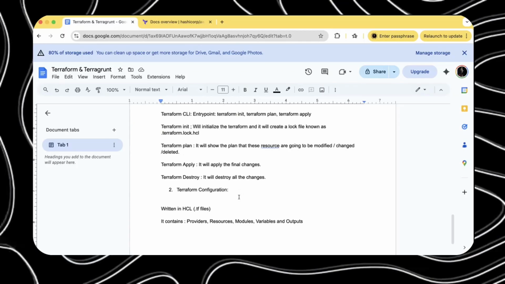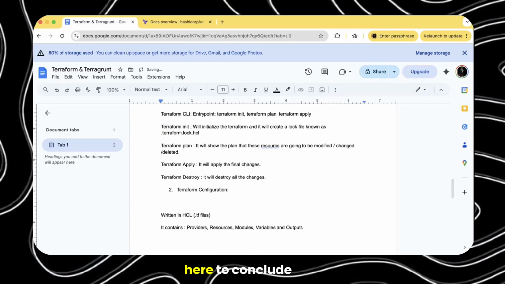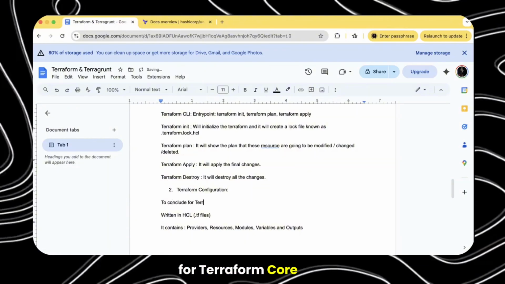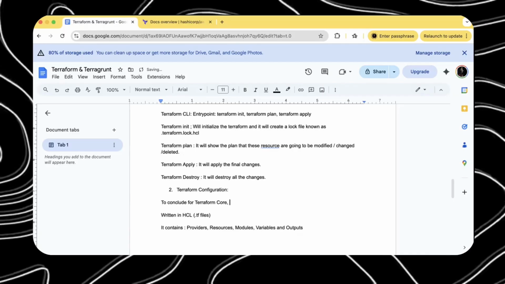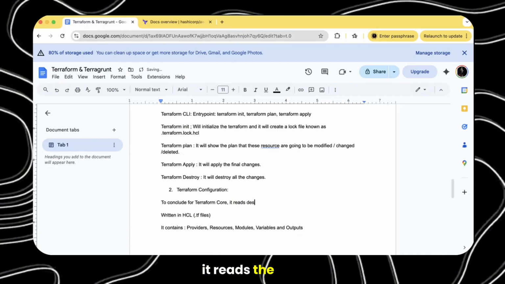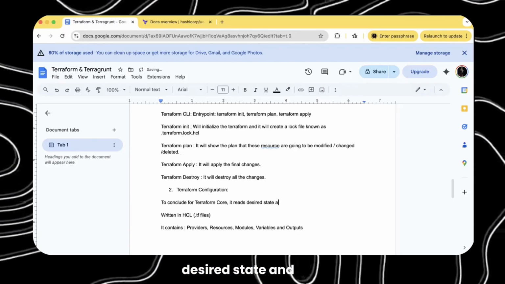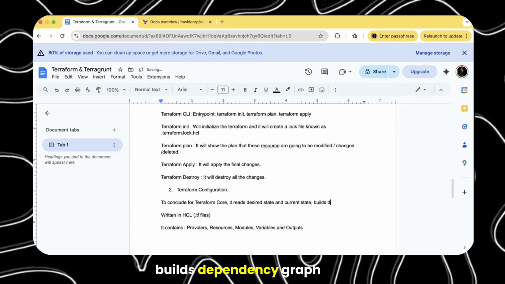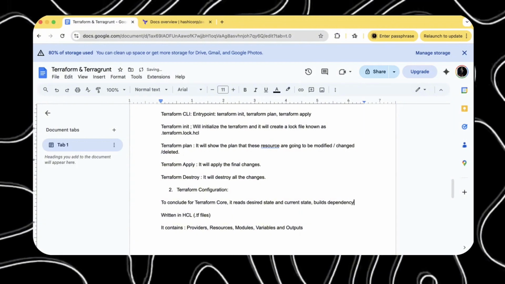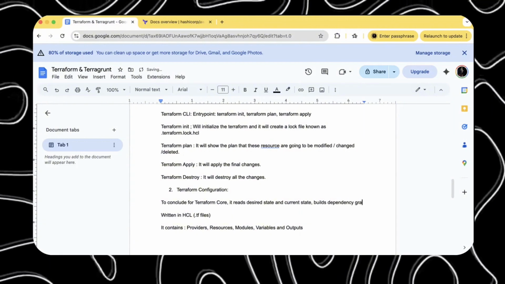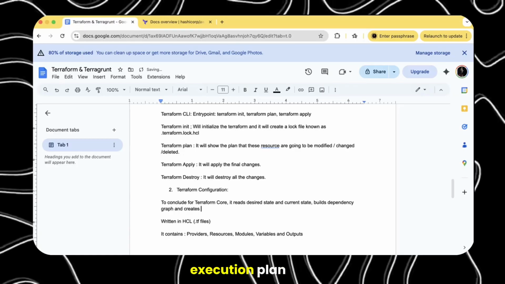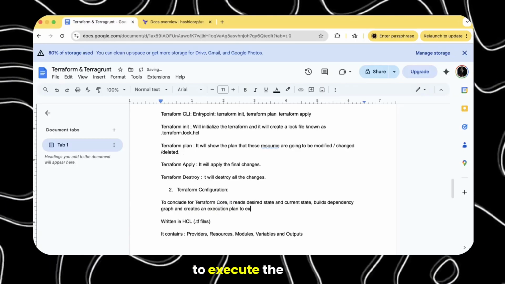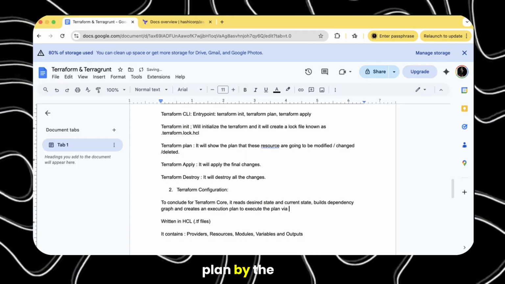Now, to conclude for Terraform core, it reads the desired state and current state, builds a dependency graph, and creates an execution plan to execute the plan via the providers.